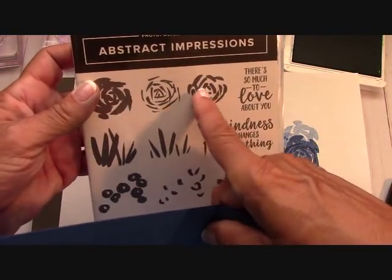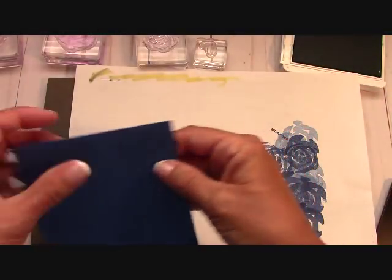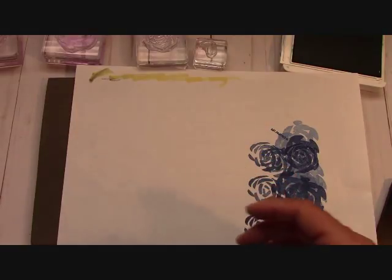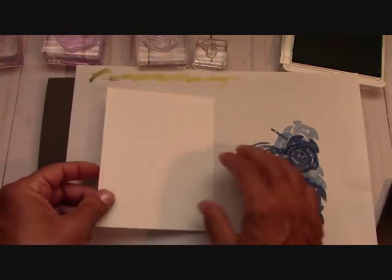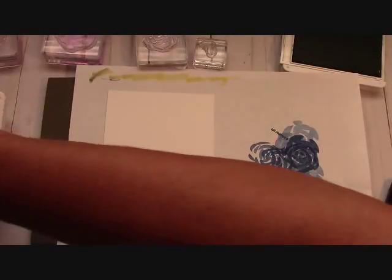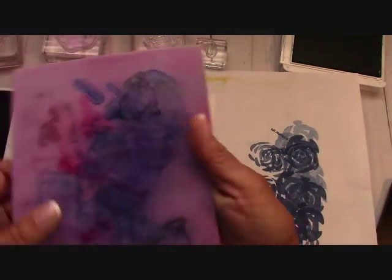And we're using these stamps right up here, these flowers. I wanted to show you, I've done a lot of 2-step stamping, but I wanted to show you how to 3-step stamp. So we have a piece of Whisper White here, and this is at 5 1/4 by 4. We're going to put it down, and we're going to bring in our Blueberry Bushel. I want to show you my